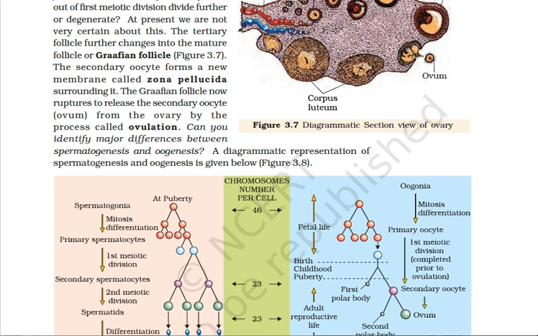I am repeating, this is actually the secondary oocyte or the egg which is released from the Graafian follicle, and it has only undergone meiosis 1 until the metaphase stage of meiosis 2. The rest of meiosis 2 takes place only at the time of fertilization, before fusion with the sperm, and turns the secondary oocyte into an ovum.